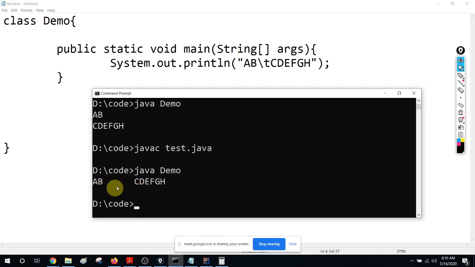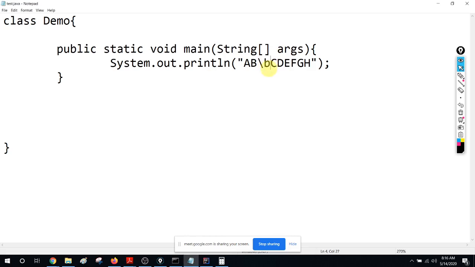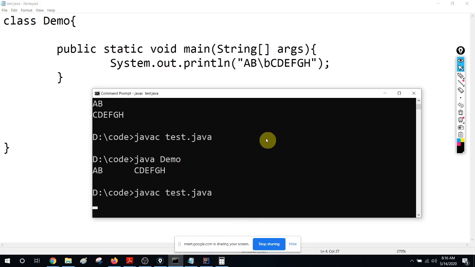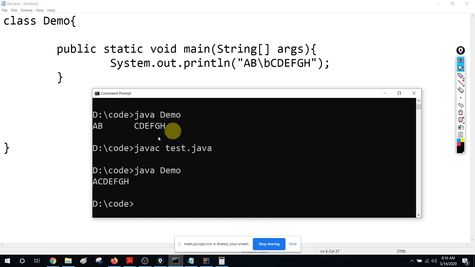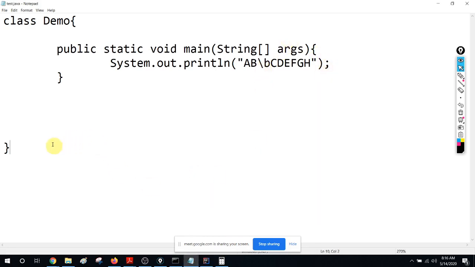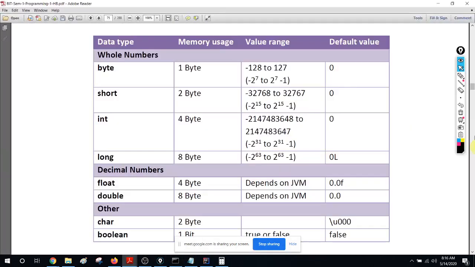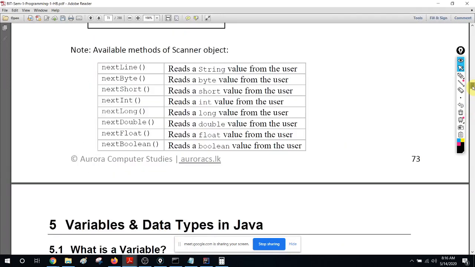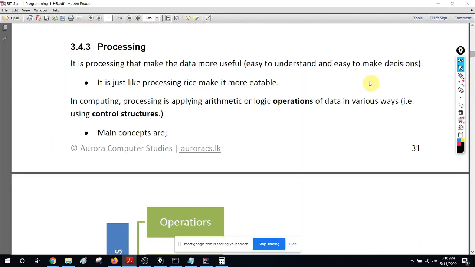So now you can see there's a tabbing. Similarly, if you have the backspace, right, backspace, you compile with javac and run Java. Now you can see A, C, D. Now B is no longer there. Why? It's something like this: A, B, then backspace, D, E, right? So similarly, you have the carriage return, etc. Everything is mentioned in your note. They have just checked whether you know what the backspace character is. So we did that. Control Find \b.